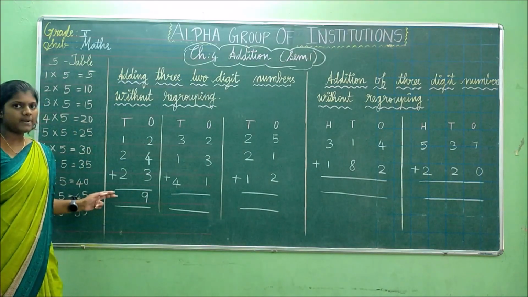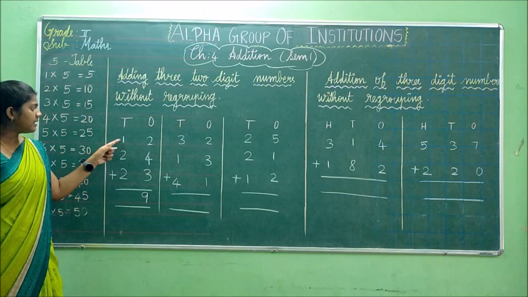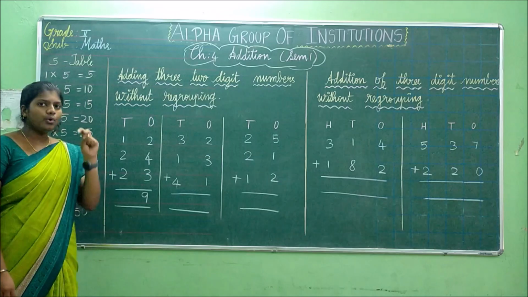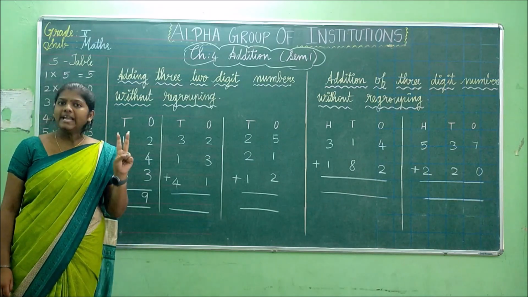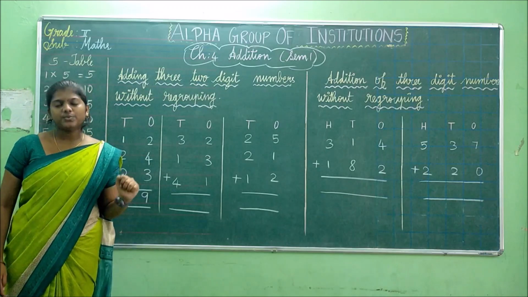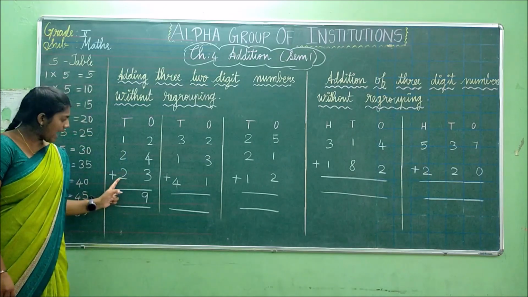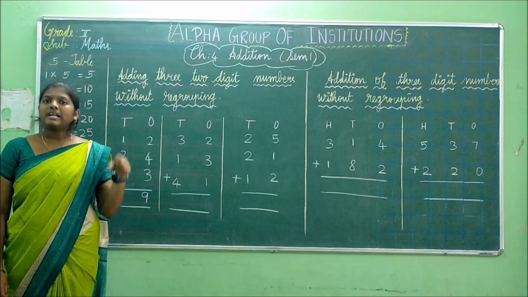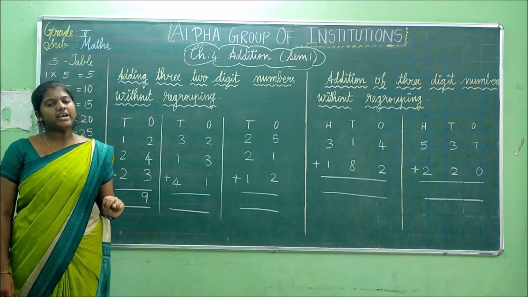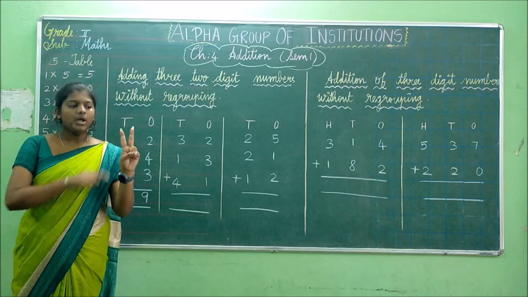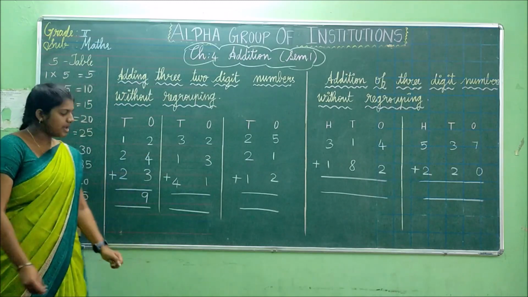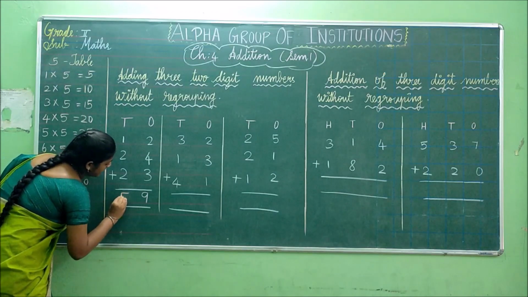And see the tens place, shall we add? Now 1. So take 1 in the mind, 2 in the finger. 1 after 2, 3. So how much we got? 3. Next we are having one more number. So take 3 in the mind, 2 in the finger. 3 after 4, 5. So we got the answer as 5. So I am writing here 5.